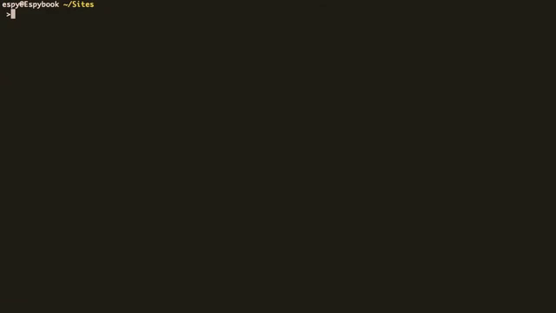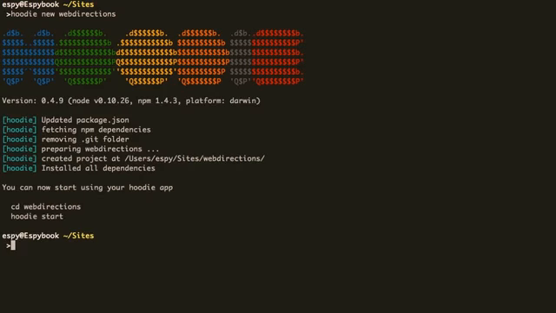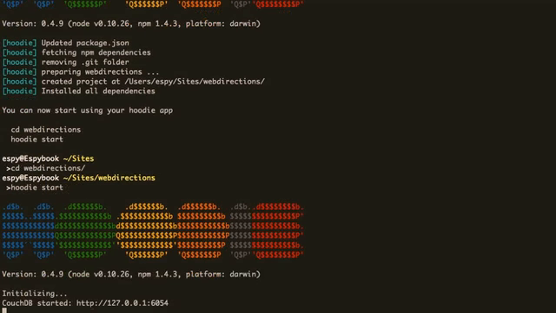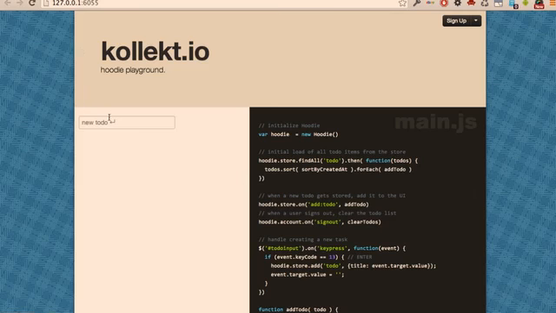So I'm going to make a new Hoodie app, Hoodie new web directions. And just cd in there and do Hoodie start. That bit of admin stuff. And that opens your browser.